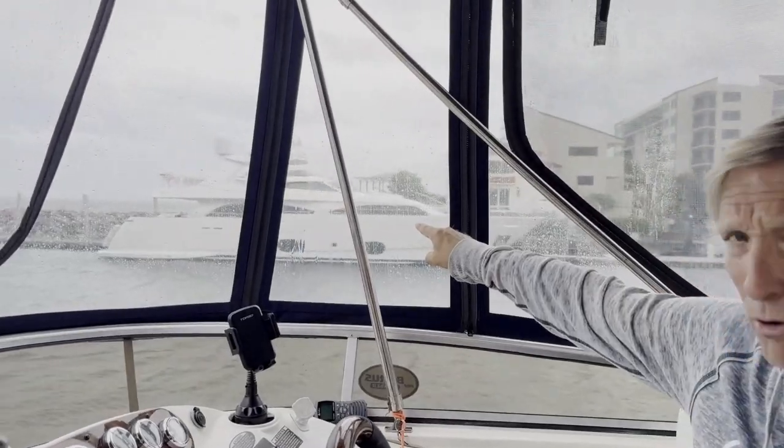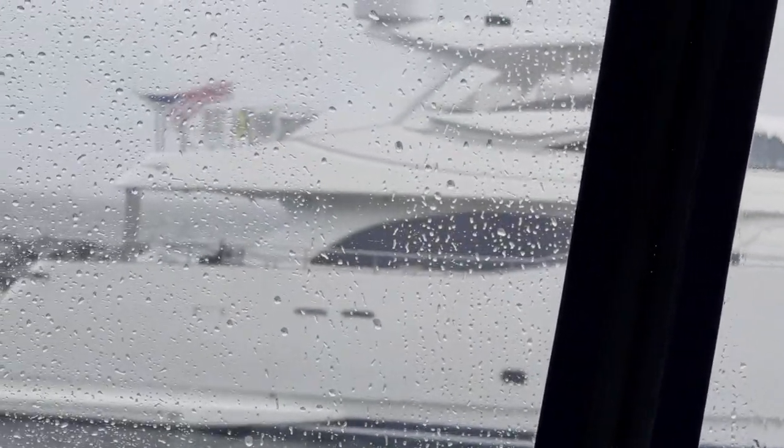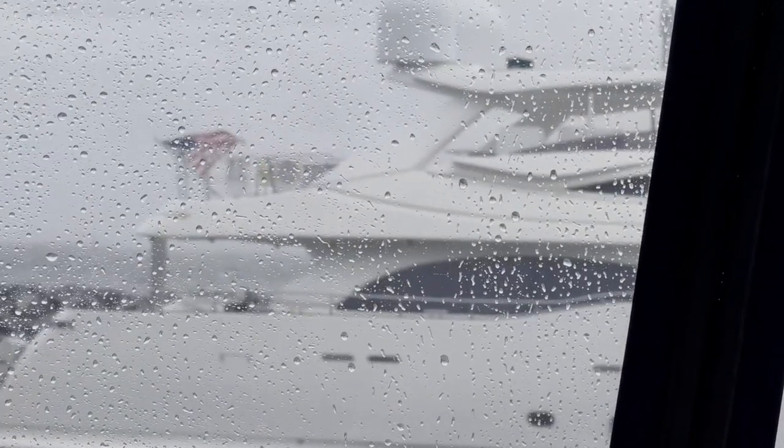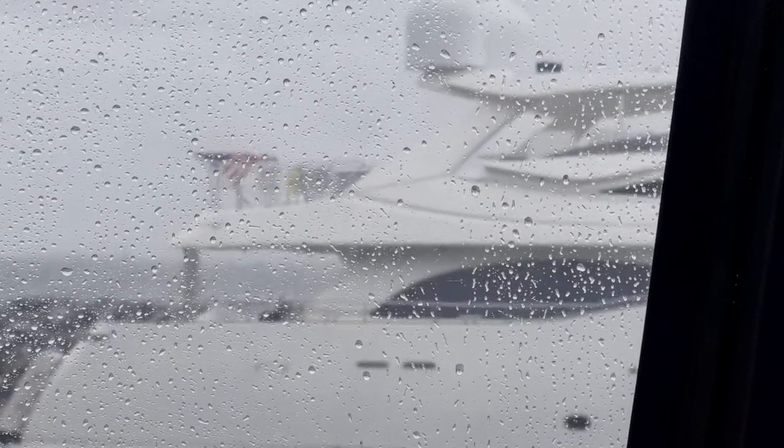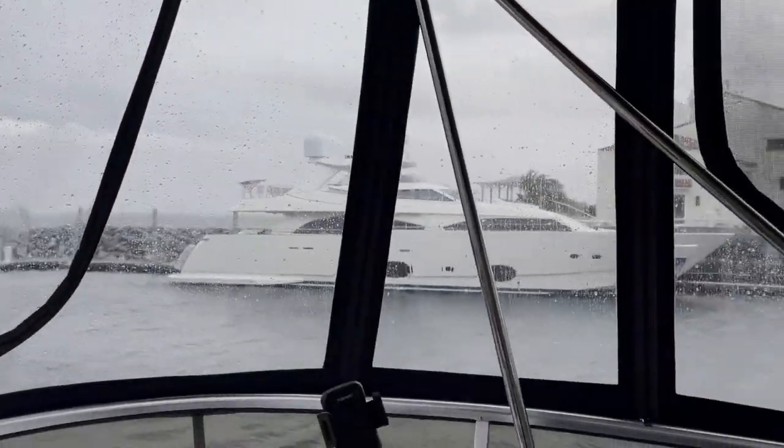So, no, we're not going to be out in any kind of weather anywhere near this. You might be able to focus on that flag that's blowing off that boat right there. That is not stuff you want to be out in if you can avoid it. And we do avoid it, and we use a number of different tools to make sure we understand the weather